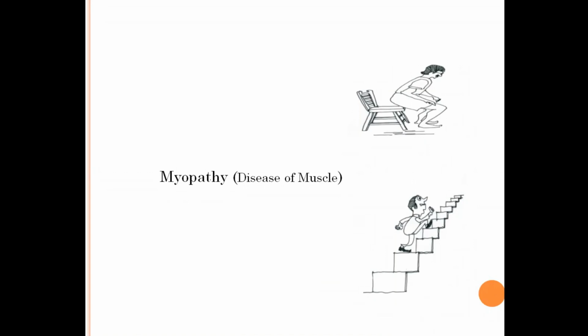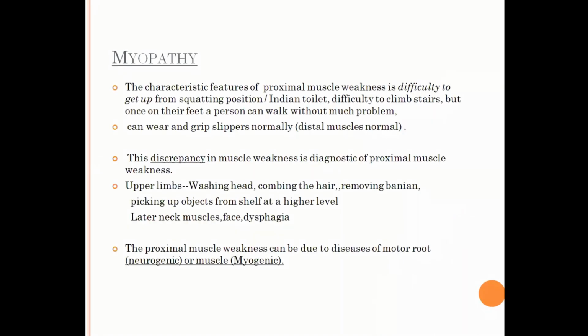So, like myasthenia is asthenia, where whatever muscles are active get fatigued, myopathy is a weakness of the muscle, and the muscles which require a lot of strength are the proximal muscles of the lower limb. So you just extrapolate, and you can get all the symptoms: difficulty to get up from the floor and difficulty to climb the staircase are very prominent symptoms of a myopathy. So the characteristic feature is difficulty to get up from squatting.